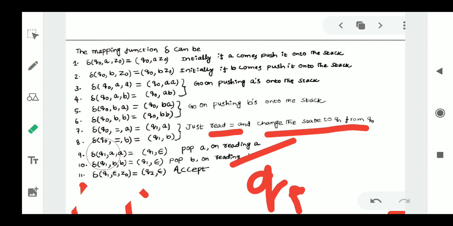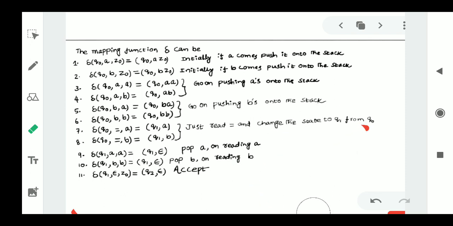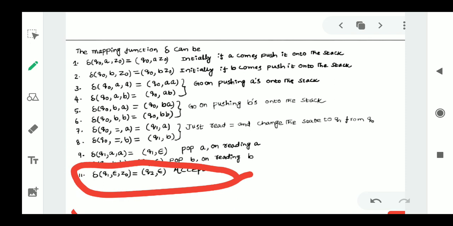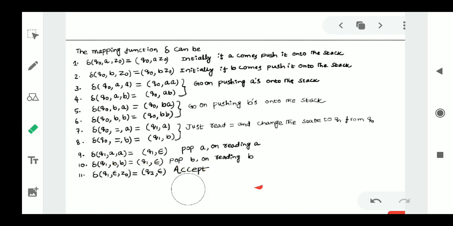Finally, observe the instantaneous description, this is the accept state. Whenever all the input symbols are over and the stack contains only Z0, then we will accept it into the final state. If the stack contains only Z0, then we can say this language is accepted by the PDA.